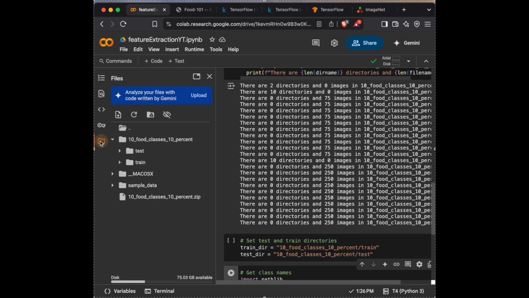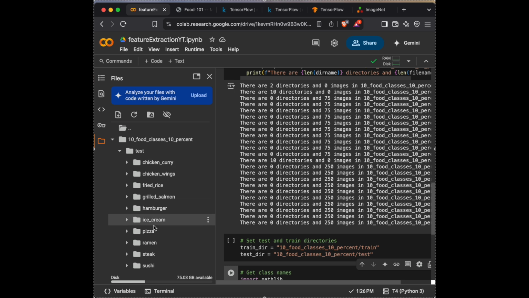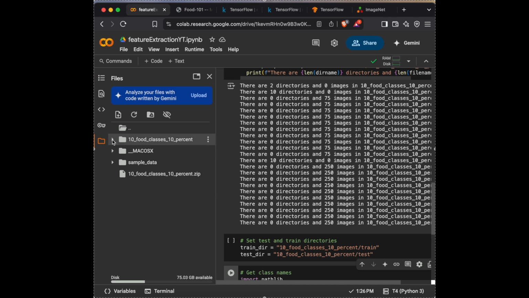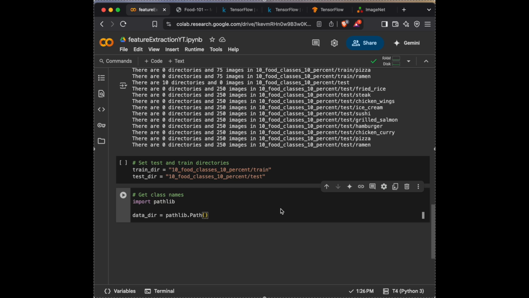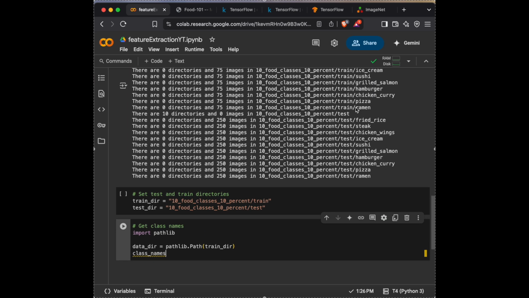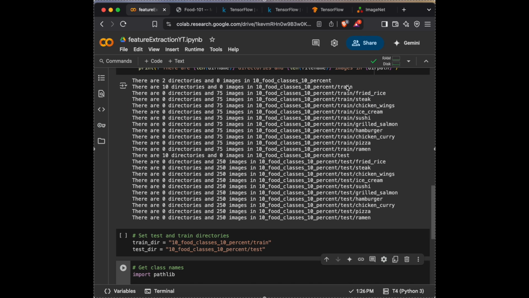Because again, if you go in there and you check, they have the same class names. The names are all the same. There are 10 of them. And when I go to the train, again, I have the same class names. So whichever directory you choose, you are right. So in my case, I'm going to use the path to be the train directory. Great. So I'm going to get my class names. So I'm going inside this directory, which is the train directory here. So I'm going to enter the train directory,